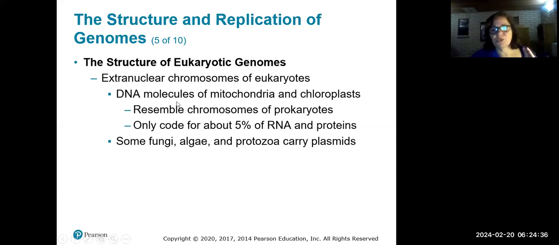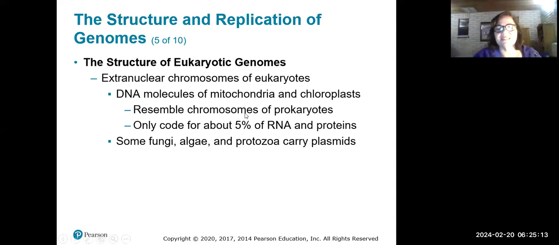In addition to the DNA that's actually in the nucleus, there are some other chromosomes in our cells. Totally bizarre. Extranuclear, that's outside of the nucleus. Where we find most of that extranuclear DNA is in some organelles. Mitochondria have their own circles of DNA, and chloroplasts in plants and the photosynthetic organisms have their own DNA. That's weird.